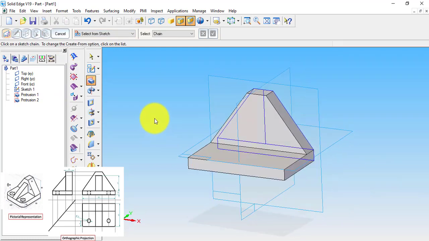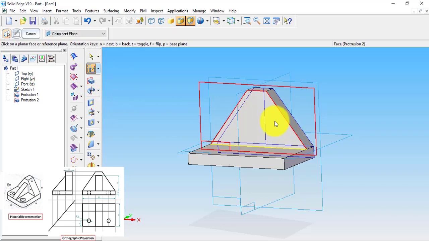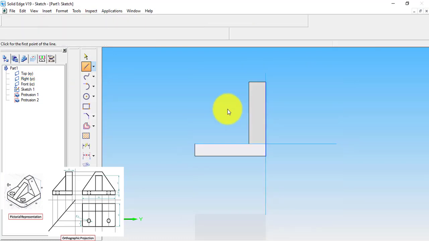Now let us create the rib portion. In order to create this rib portion, we have multiple ways. So let us go with the basic way. The basic way is to have a triangular portion at the center of this portion and protrude it along both sides. So let us do it, and now go for create a sketch on this section.